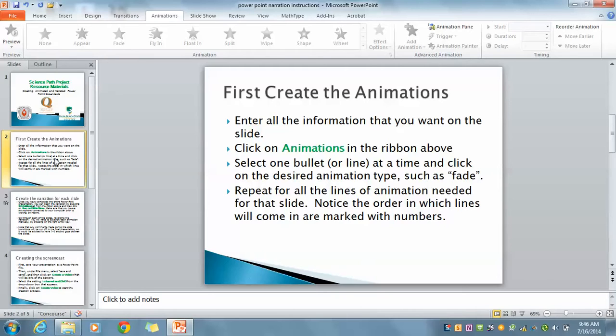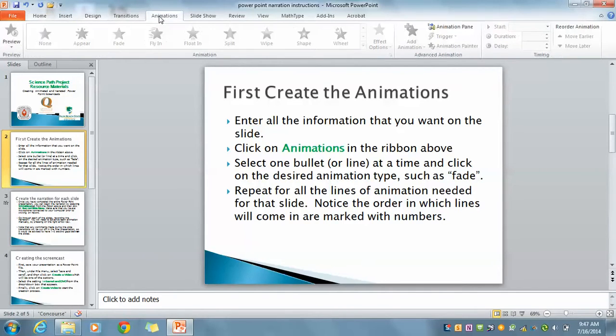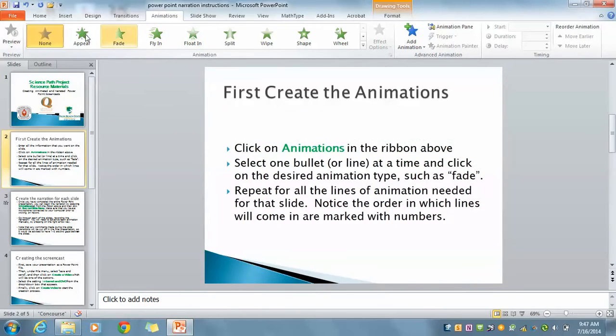And here are some quick reminders about how to add an animation to your PowerPoint presentation. Normally, if you're in the home menu, at the very top, click on the animations menu and select one item at a time, in the order in which you want those to come into your presentation. So I will select the first bullet and pick any of these